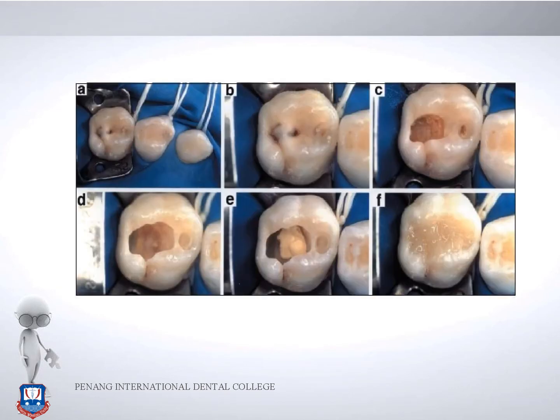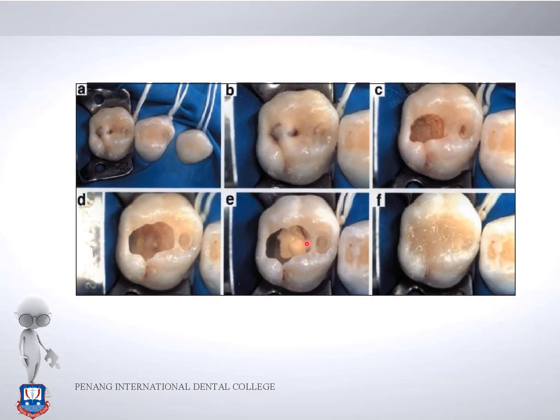So this slide basically tells you how a small carious opening can lead to a very extensive carious spread with chances of pulpal exposure. So here the caries excavation has been performed, and it is quite deep in this particular area. This particular area is now covered by your hard setting calcium hydroxide, and the cavity is restored with composite.